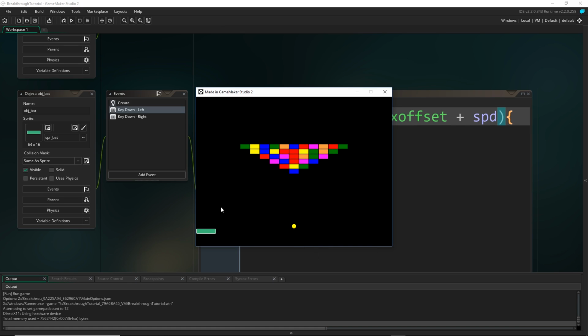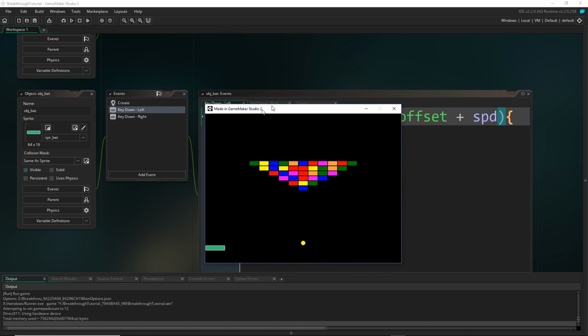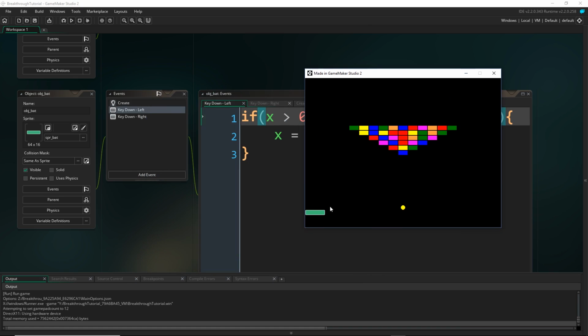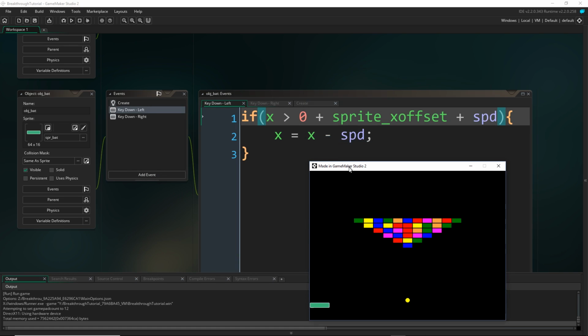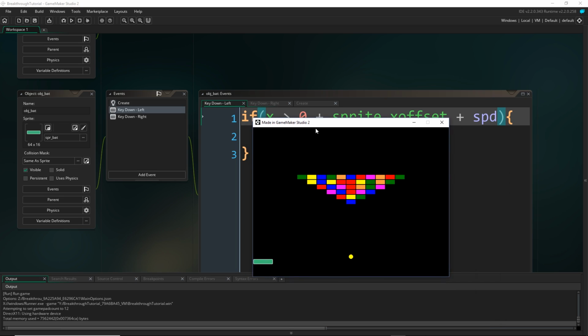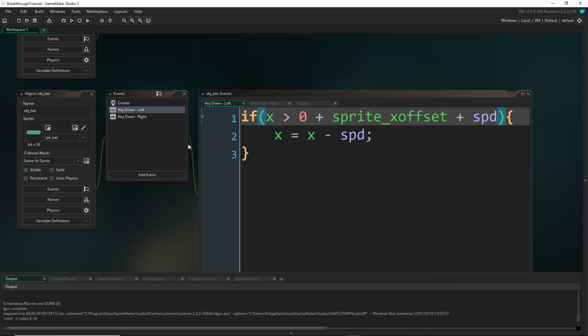So this is actually exactly how a lot of game development is going to go. You're going to start off coding something and then you're going to realize it's not quite right, and then you're going to go through the logic of the code, find out why that is, fix it, test it again, and there might even be another thing that you need to fix. And that's just kind of how it's going to go. So you always start off small and just get the main thing working, and then you kind of refine it as you go. So now that that's working for the left direction,